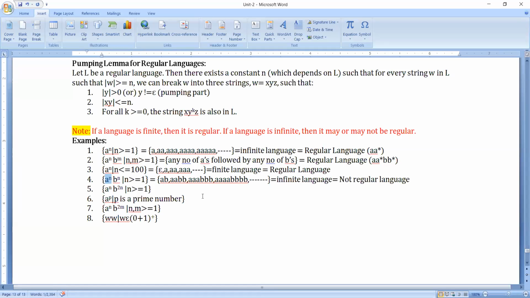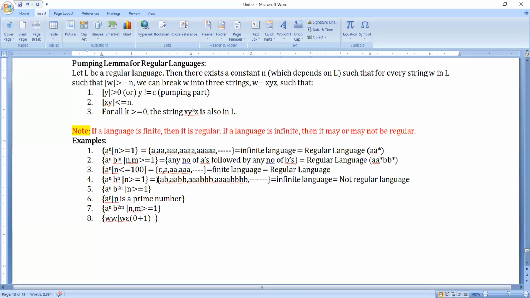When I want to generate a finite automata for this, I need to remember how many A's I have read so far, and then compare it with the number of B's which I am going to read next. These two have to match. It is not possible to do this comparison using a finite automata. That is the reason why we say that this language is not a regular language.